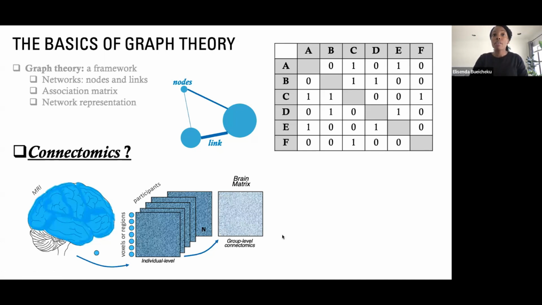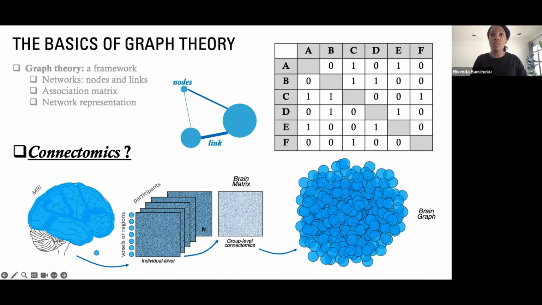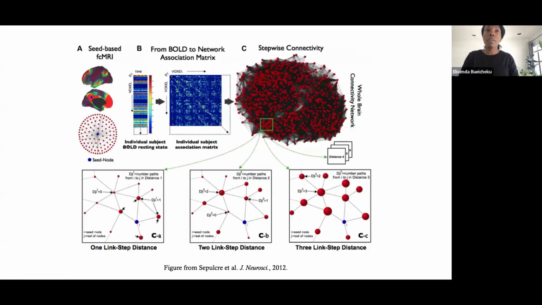If we go back to our network representation from the association matrix, you will have a huge network because you have many voxels in the brain, and each of the voxels is related to the rest of the voxels. And because there are a lot of them, we cannot see the links in between them. So how will this look in real? Here, I have one of Dr. Jorge Sepulcre's